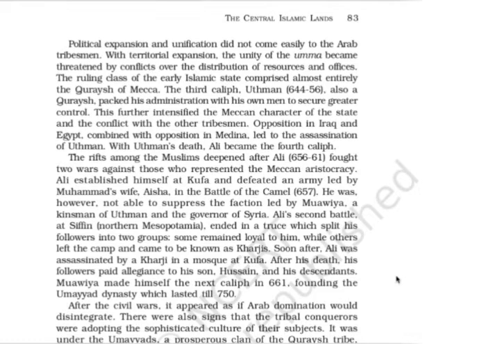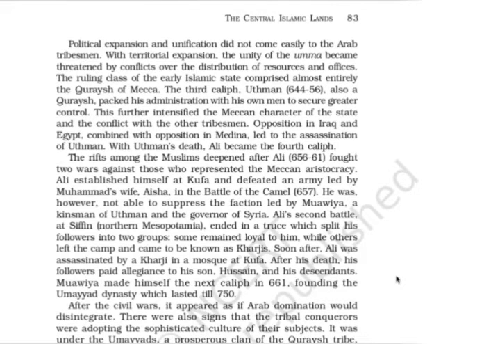Opposition in Iraq and Egypt, combined with opposition in Medina, led to the assassination of Uthman. With Uthman's death, Ali became the fourth caliph. The rifts among the Muslims deepened after Ali, 656 to 661, fought two wars against those who represented the Meccan aristocracy. Ali established himself at Kufa and defeated an army led by Muhammad's wife Aisha in the Battle of the Camel, 657. He was, however, not able to suppress the faction led by Muawiyah, a kinsman of Uthman and the